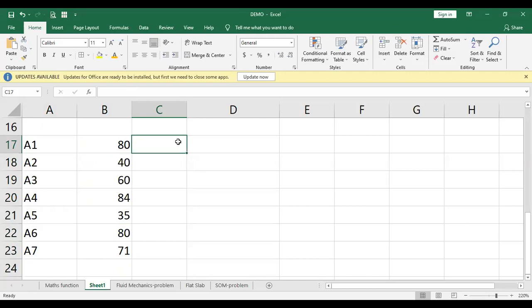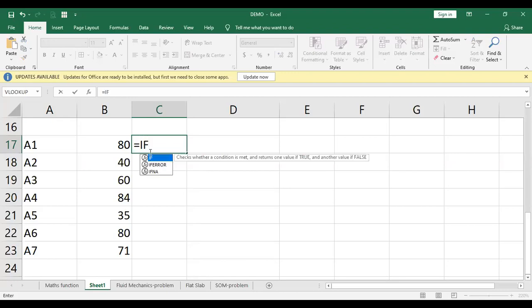So what you will do, you will just click on here and press the equals to sign, enter if, double click on this, logical test. For this you can select this and then you will select the greater than sign. Let us say greater than 60 as the criteria. Then comma.